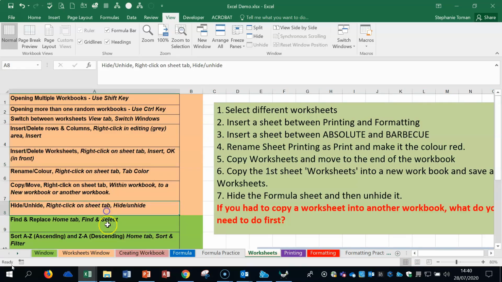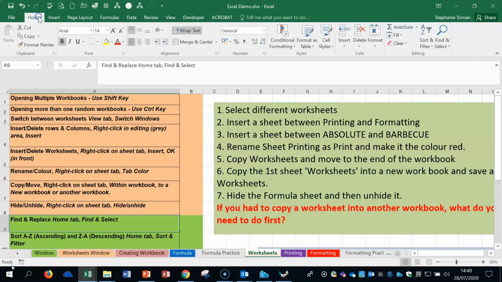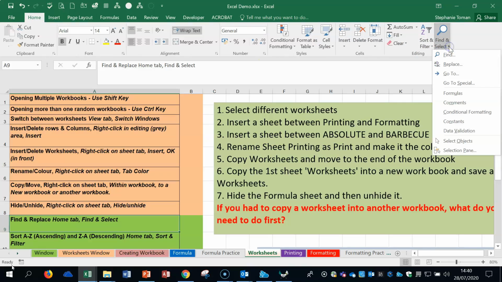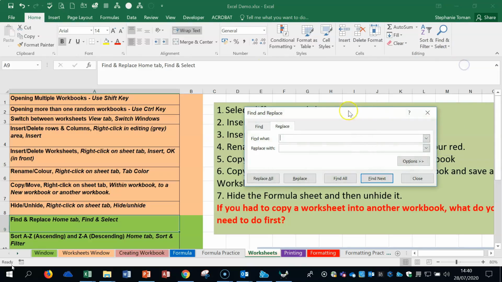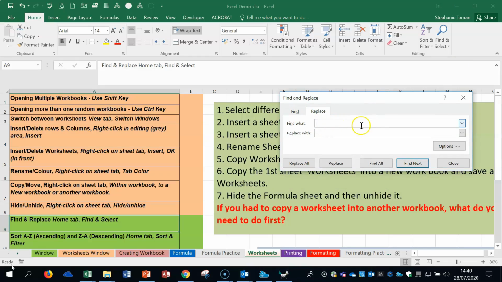Then we've got a couple of other features called find and replace and sort, and we've had these features in Word, if you've done Word with us before. So find and replace can be used just like it is in Word. On the Home tab, you've got this drop down here and the replace feature is there. So you can have a word that you want to change throughout your workbook, and so you're finding a word and it might be, let's say, delete,